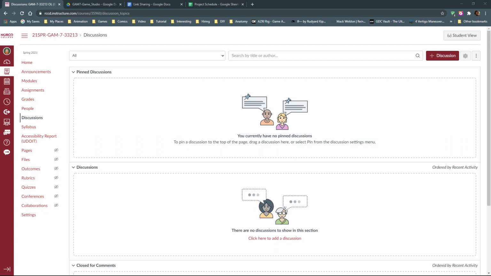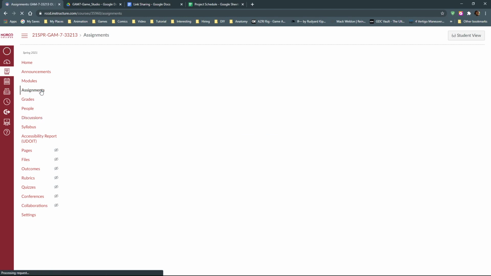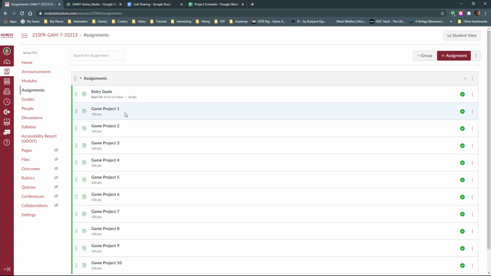You don't have to be nervous about the grade. The grade is just going to be mostly an average of all the things that you turn in, because you see they're each worth a certain amount of points. If you turn in 3 of these, that's 300 points worth. Your grade has to be out of those 300 points plus this. If you turn in 5 of them, that's 500 points. So your grade has to be out of 500 plus this. It's going to be an average of all the things you do.